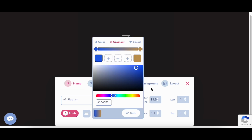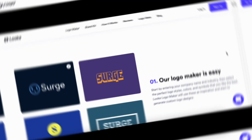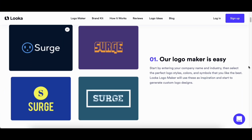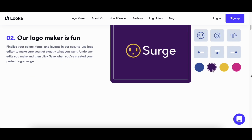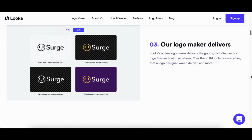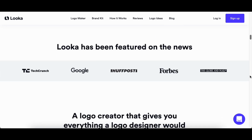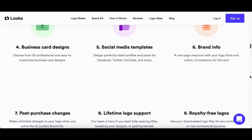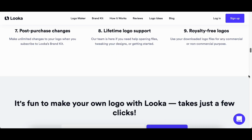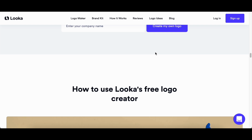Concluding our exploration of the top-tier AI logo makers for the year 2024, the fifth and final contender on our list is Looka. This innovative platform seamlessly intertwines the power of artificial intelligence with your individual preferences for logo design, presenting an opportunity for businesses to construct a distinctive logo that resonates with their brand identity. Looka Logomaker sets itself apart by promising a seamless and enjoyable logo creation experience. With just 5 minutes and a few clicks standing between businesses and a uniquely crafted visual representation, the core strength